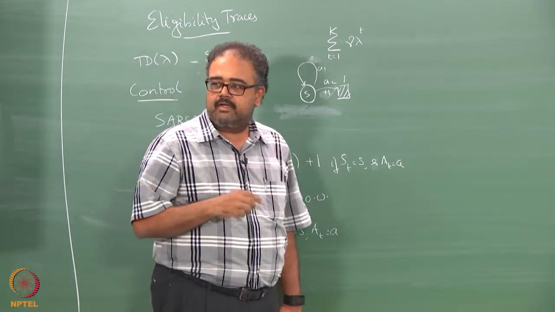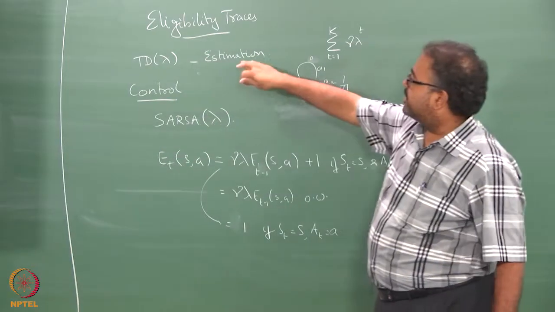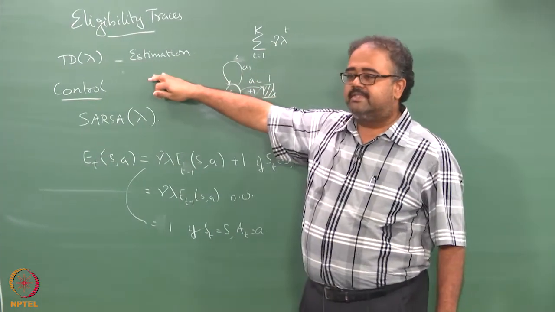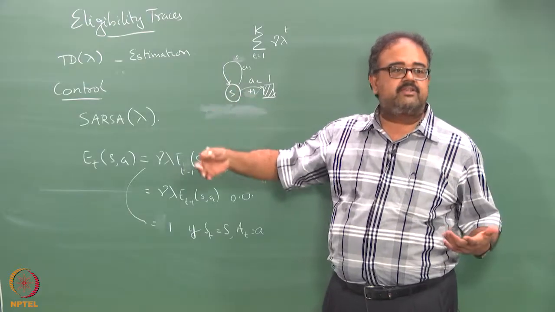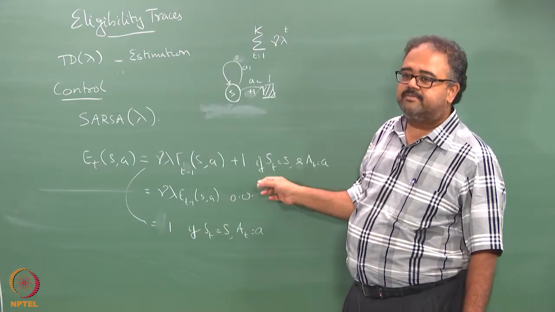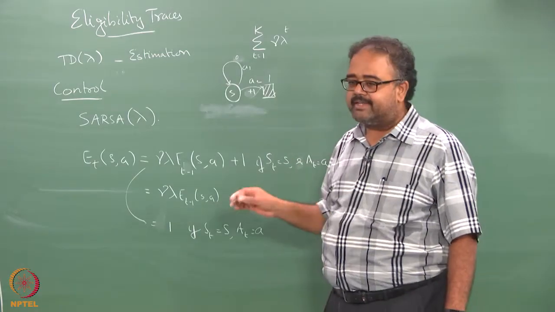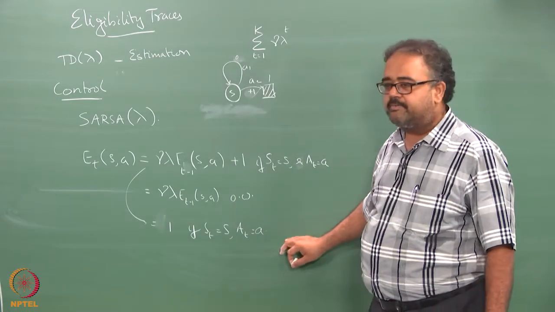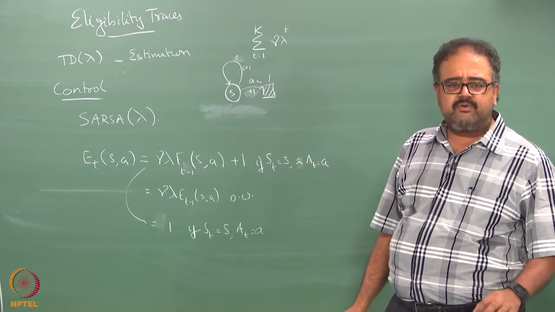It was not that much of an issue when we were talking about the estimation because I was not changing my actions based on this, but here I will be changing my actions based on the estimates I am making. So accumulating traces are bad, replacing traces are better,